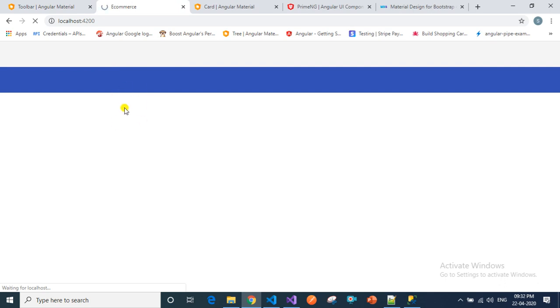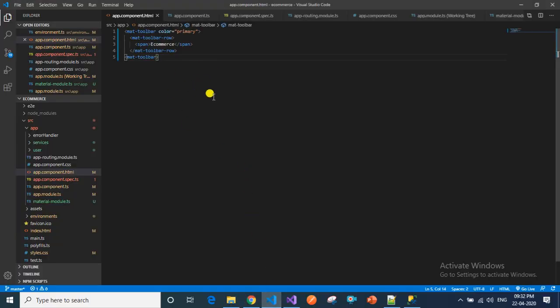So you can see here it got created, and we can create some buttons here.